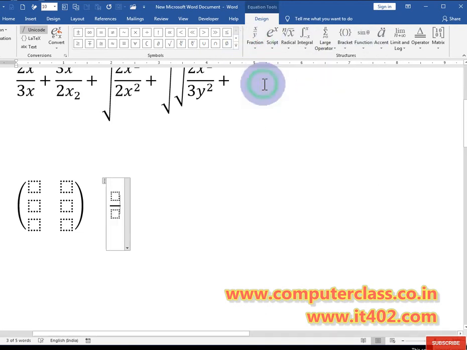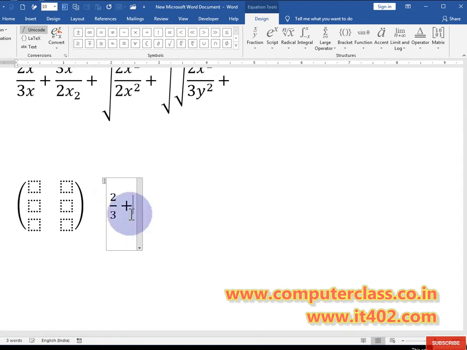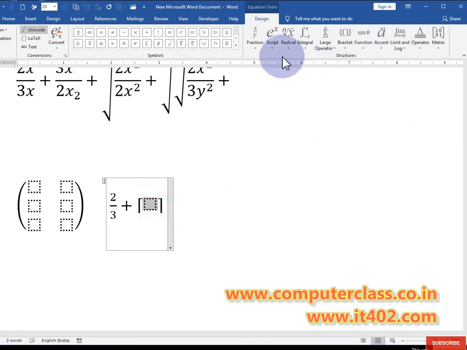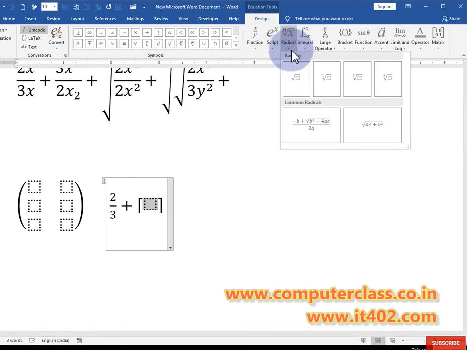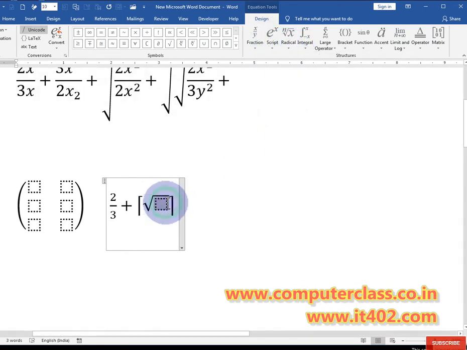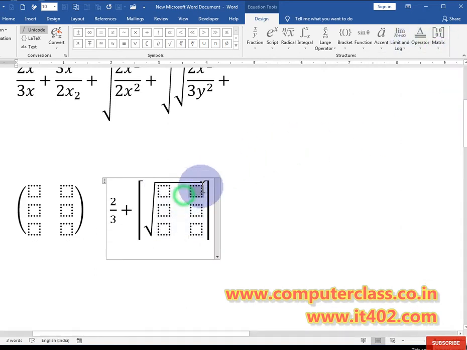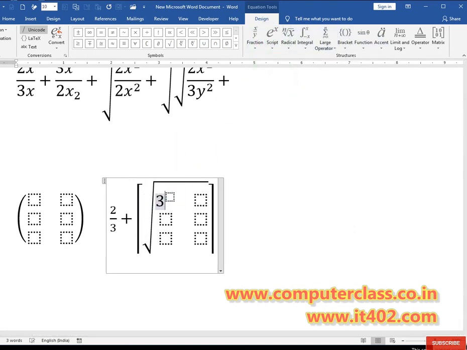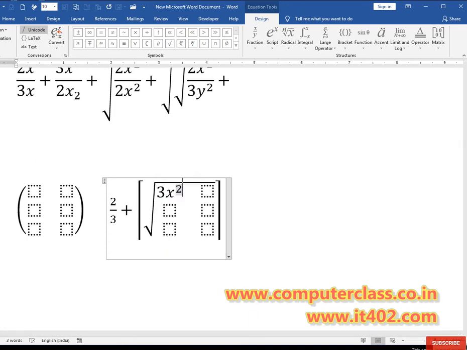For example, just take this one, the last one. Use the arrow key to move your cursor, and then you can use any of the brackets, and you can change that particular bracket into any form, like that. Select the particular bracket, and after that you can convert it. So this is the easiest one. You can create any structure, but you need to keep one thing in your mind. You can do anything, you just need to find that particular option.